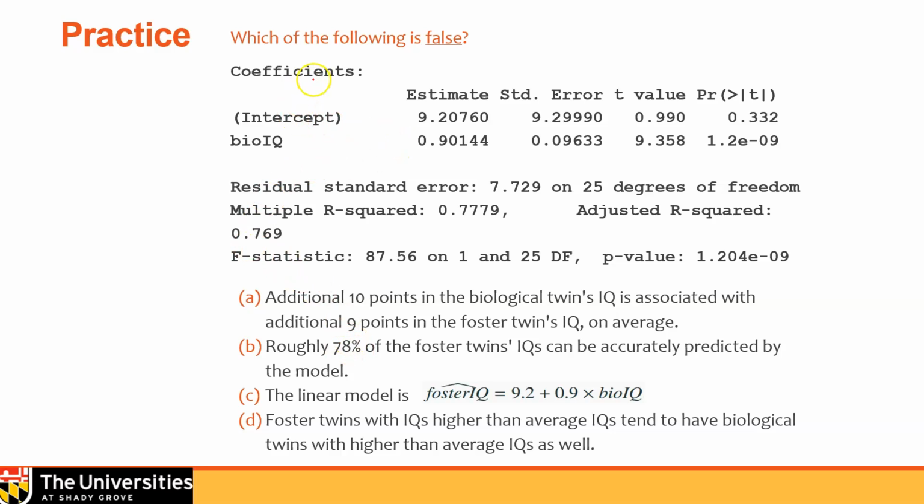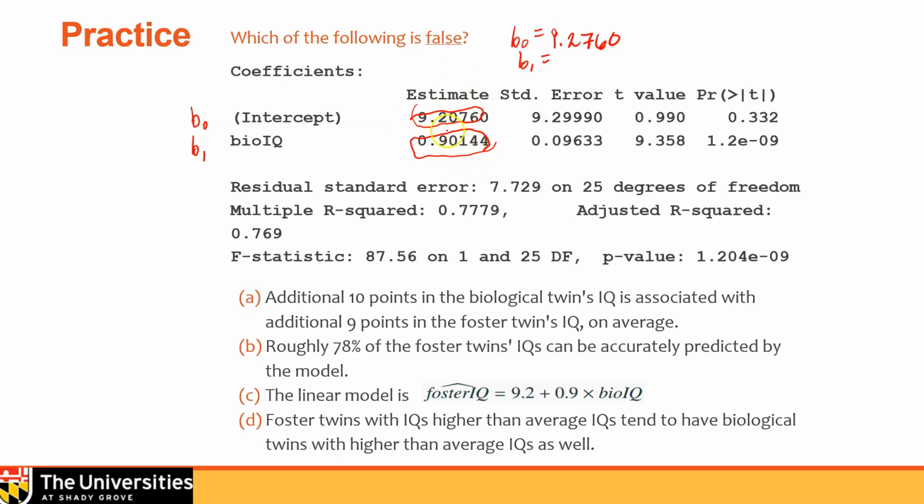All right, so running a computer program, we get the following information. We see here the line of the coefficients. This is our estimate for the intercept, b sub 0. So b sub 0 is equal to 9.2760. This shows me an estimate for the slope. Here's my estimate for the slope, that's b sub 1. Notice how I'm reading this.